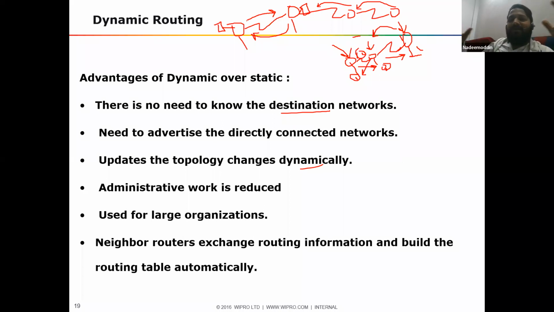So I never met Saad, but I came to know about Saad from Shahid. How did Shahid come to know? He came to know about Ubaid, and Ubaid met Saad. So this is the chain of relationship. This is called a neighborship. Everything is happening dynamically. That's why it is called dynamic routing. Everything is automated.